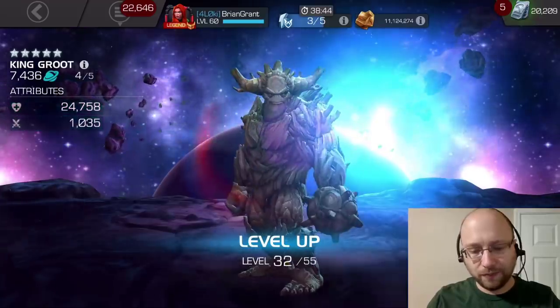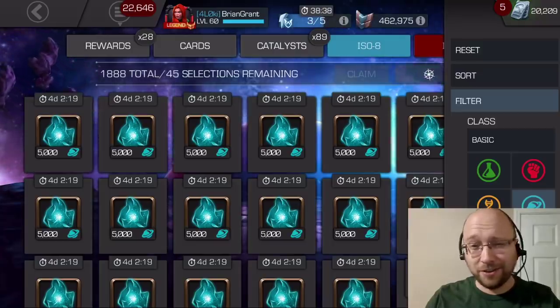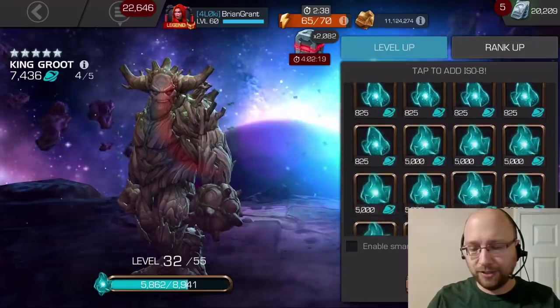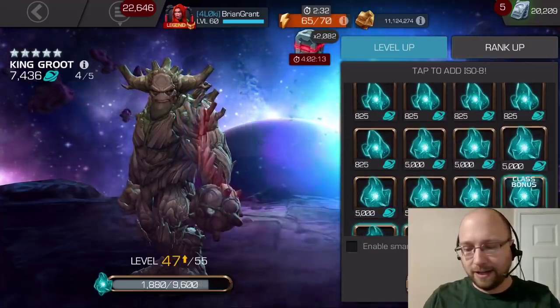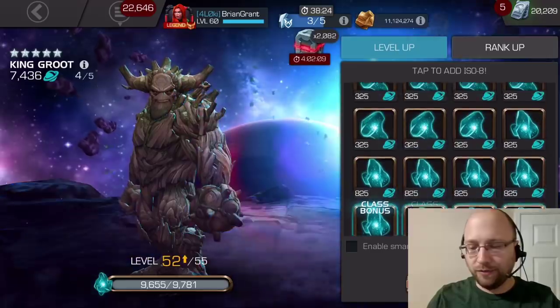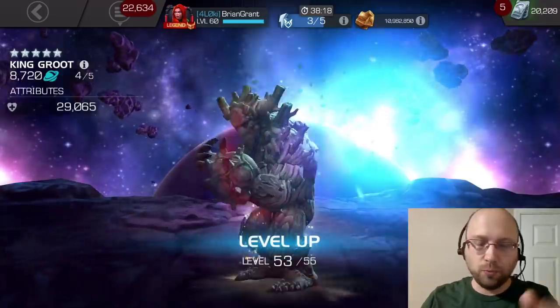So the reason why I'm going with King Groot, there's actually a synergy with Man-Thing. As you guys know, I'm a big fan of Man-Thing in this game, and I've recently started doing map 7 again. And in map 7, 2 of the variations. And map 7 is a little different than the standard AQ, where it's just one map,